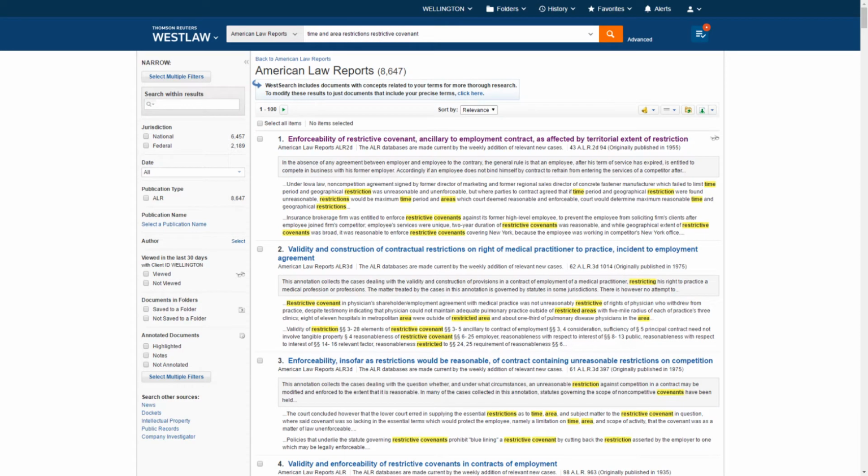You'll see here this first result is incredibly meaningful for your analysis. It's talking about the enforceability of the restrictive covenant ancillary to employment contract as affected by territorial extent of restriction. So this is an area question. We might need to run more searches to find an ALR that talks about time. But you'll notice here when it was published, because back in 1955, the West editor said, let's bring in all the cases that have talked about this up to this point, and then since then, we've been adding, so that way, if you click into it and you scroll through the initial material,